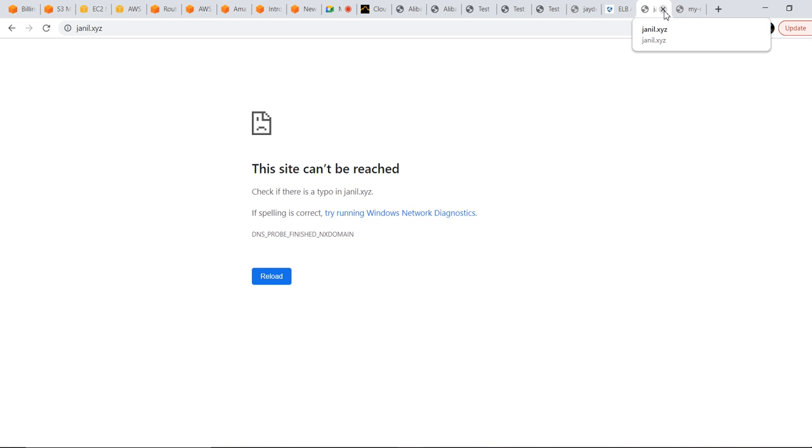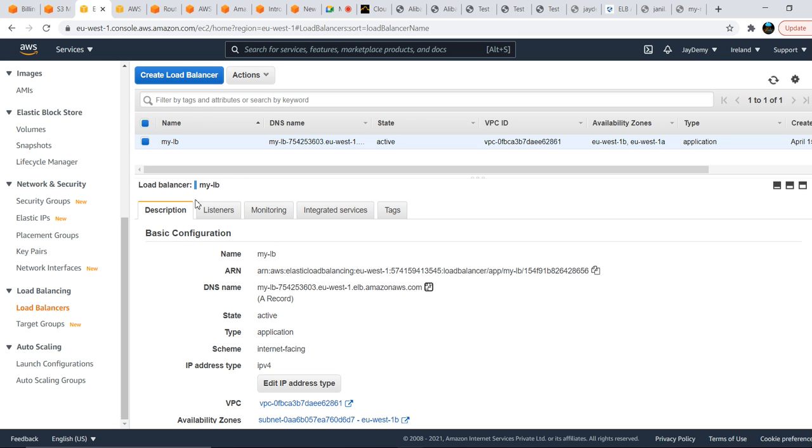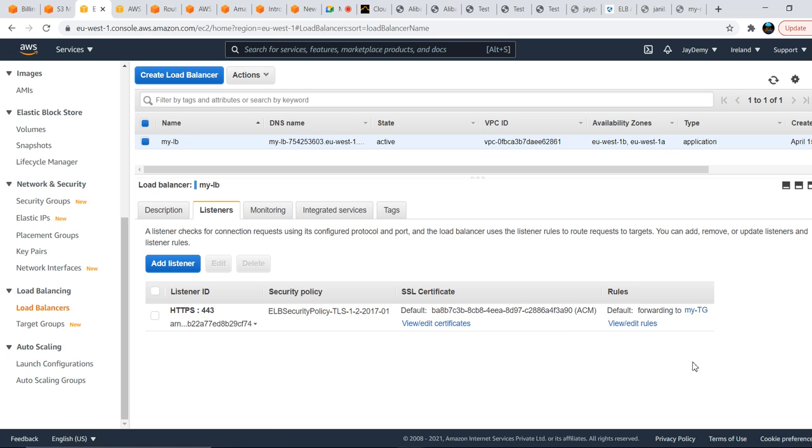Yeah, so there is some problem with our AWS and other DNS providers. Some communication is not establishing, but the certificate I want to show you was successfully added to the listeners with the help of ACM. In real time we will use HTTPS only. We won't use HTTP load balancers. That is the main agenda, I wanted to show you the HTTPS load balancer. Okay, yeah, that's it for today.